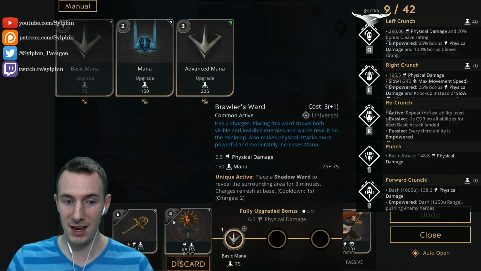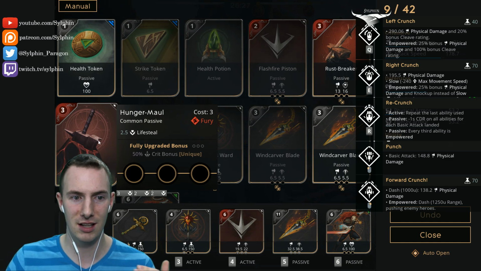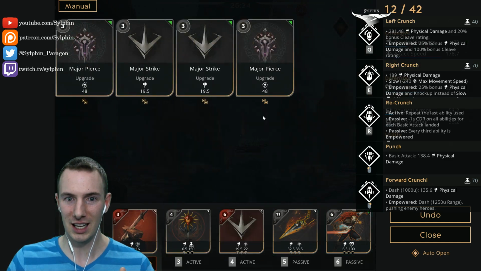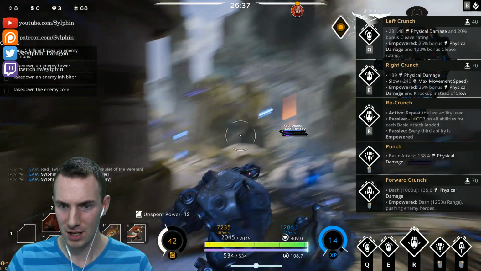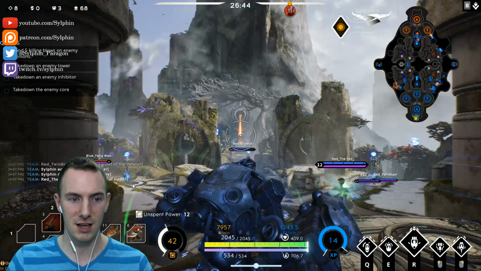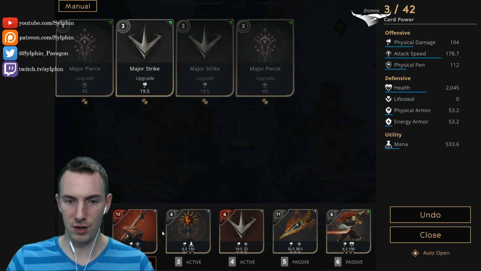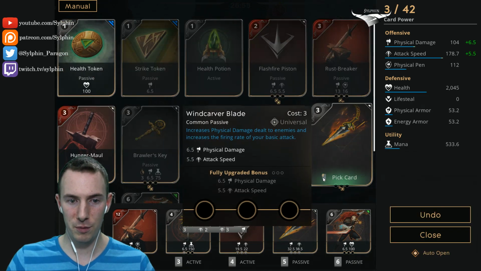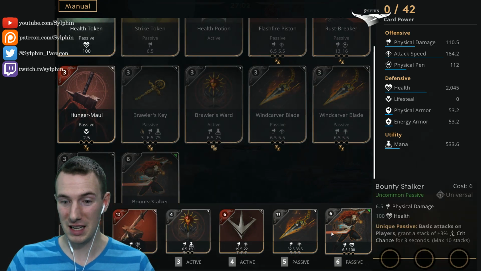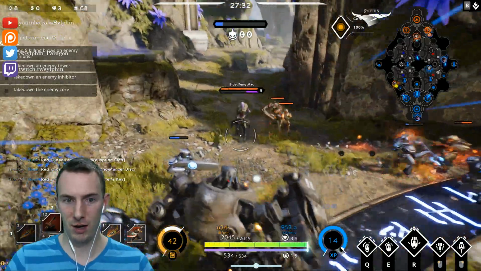We have 9 card power here. Our mana is fine, so we're going to keep on going here. I'm not suffering in the sustain department, so let's continue on our damage streak here. We don't need our Brawler's Key anymore, so let's get a... We have to check what the enemy team has. Let's see. Yeah, against a two tanky team here, we're going to get 2 major pierces here, and then a major strike, followed then by a Wind Carver Blade or the Hunger Maul. We should probably get the Hunger Maul, but let's go for our Wind Carver Blade here for some even more damage. Just insane. Alright, let's drag this Feng Mao into our...